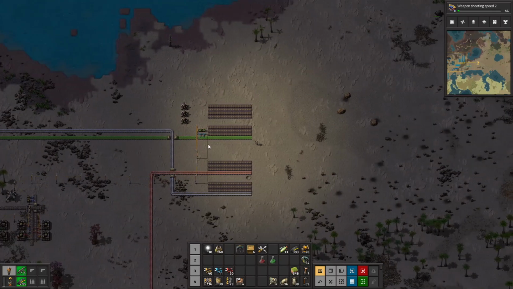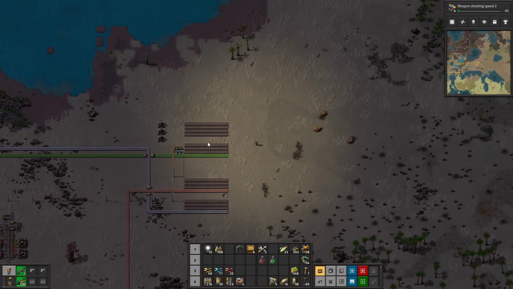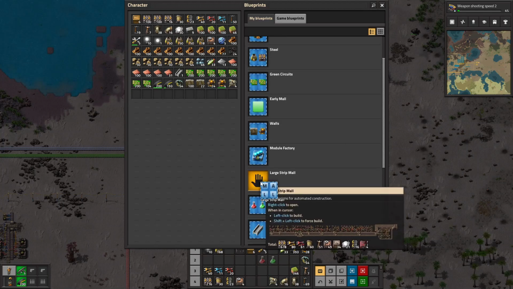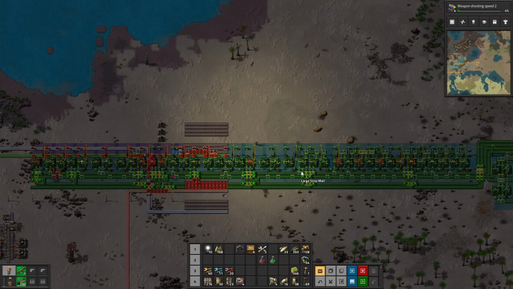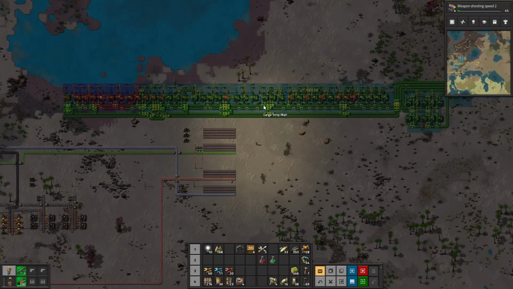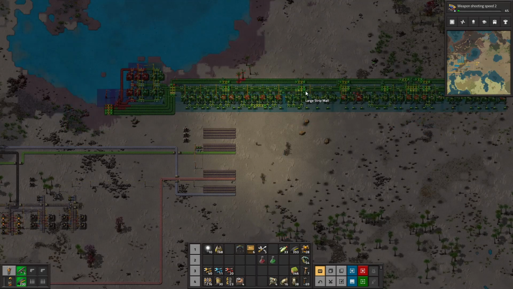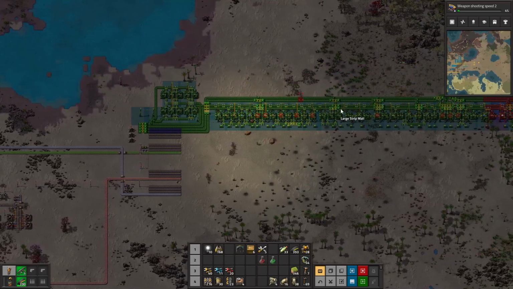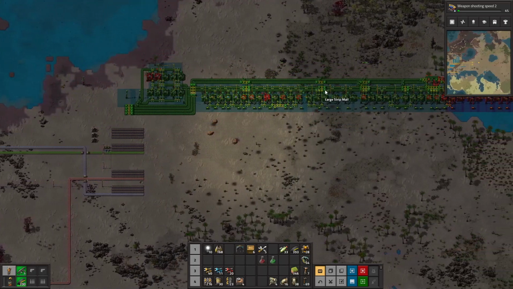So that could be quite good. Now let's look at our mall. So if I go to blueprints, and I did make some changes to my large strip mall. I think I showed you this at the end of last episode, but it is like this. It'll need to be fed in at the end, and there. And also, this is kind of where, with this mall, I want,